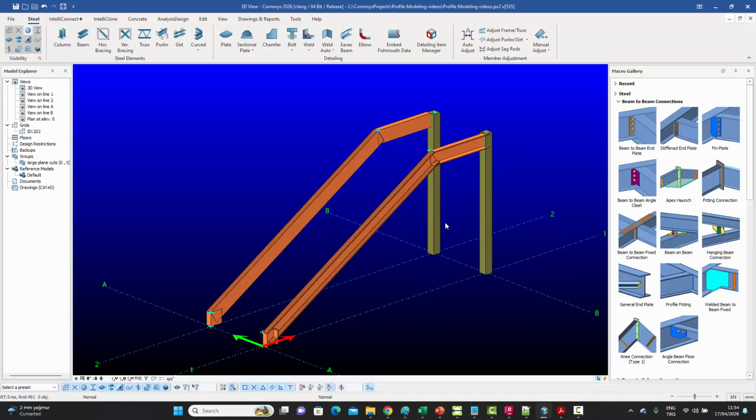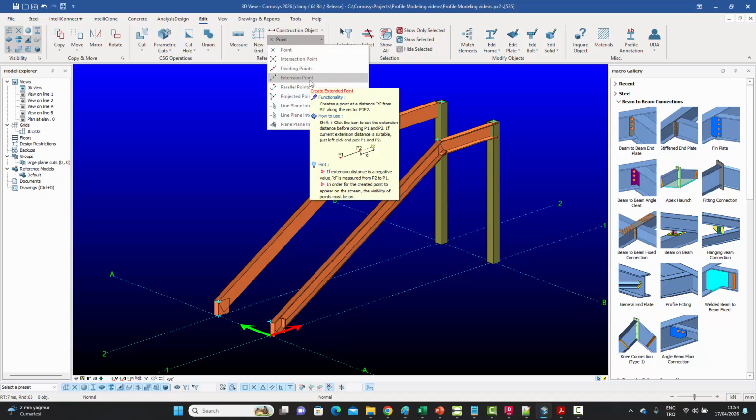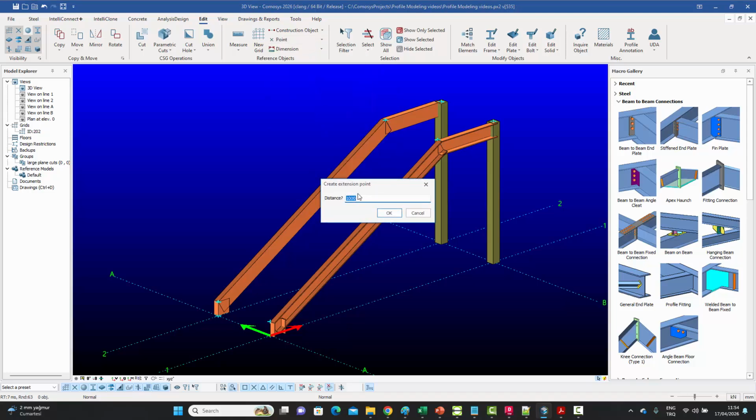We can come back to the model, and what we can do is we can go to our point creation and go to the extension points command, press Shift key so that we can change the settings, and then we can say it was 750, so maybe we can say 5 into minus 750, because we need the 5 stanchions. And once we have that, then we can select this point first and then the last point over there. And it's going to give us those 5 points, where the posts will be, and spaced 750. But of course, they're not centered